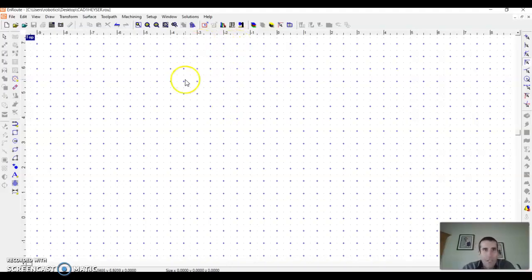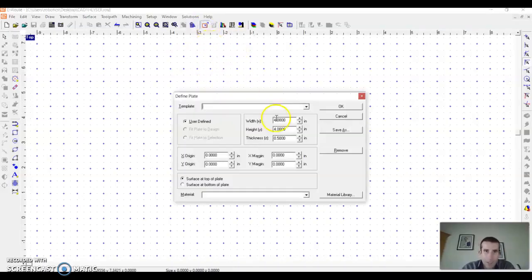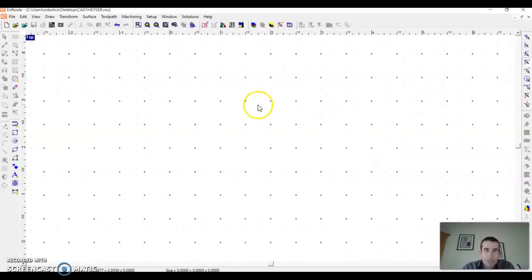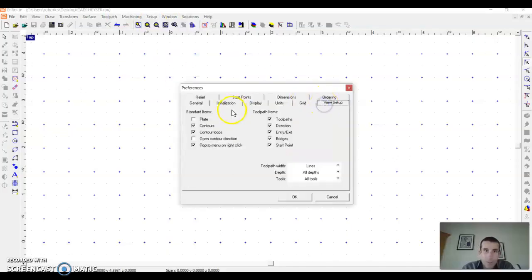So I'm defining the plate first. It tells me that's a good thing to do first. So I'm going to go up here to define the plate. It says to make the plate 4x4 and a thickness of 1 inch. Alright, and then I'm going to make my X and my Y at 0, and then I hit OK. So my plate is here, but I can't see it because I turned it off before. So now I'm going to go to Setup, Preferences, and I'm going to go View Setup,